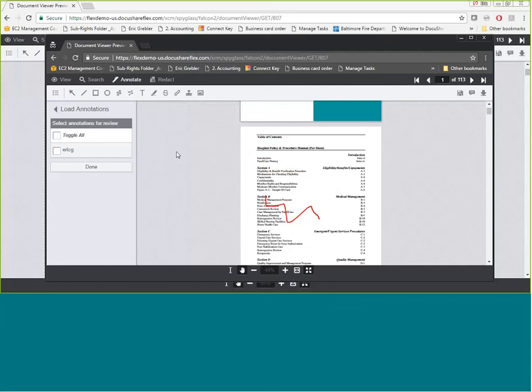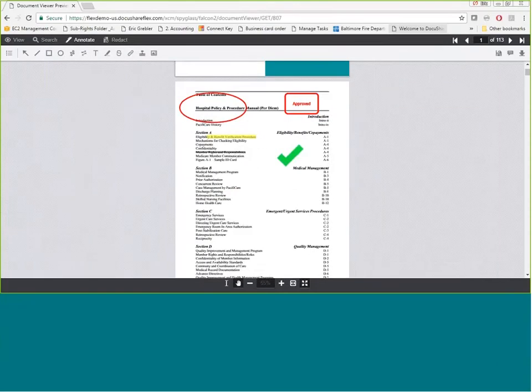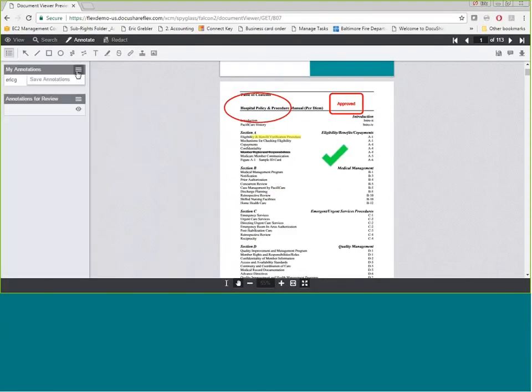Now, the beauty of this is that if you are collaborating on a document, you could have multiple people making changes to the document or annotating the document without actually changing it. And what's nice is after you're done, you can actually save this document as